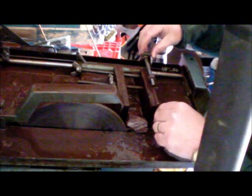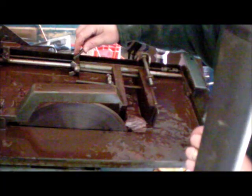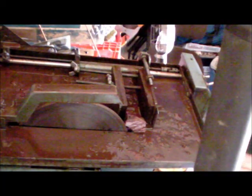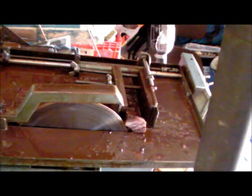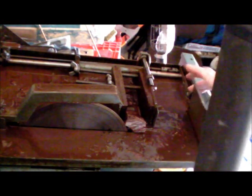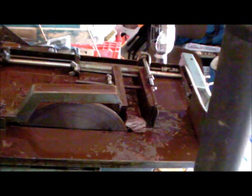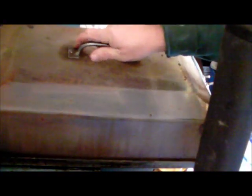So now I just take it up till it kind of touches the blade, and then there's a lever on the back here that engages the worm screw. So now all we do is put the cover back on it, put the guard. There's a splash guard that goes on. Then we'll put the cover back on, so kids won't be able to see what it's doing, but